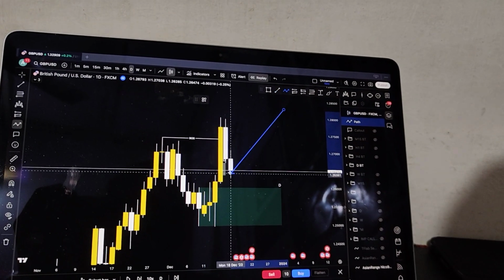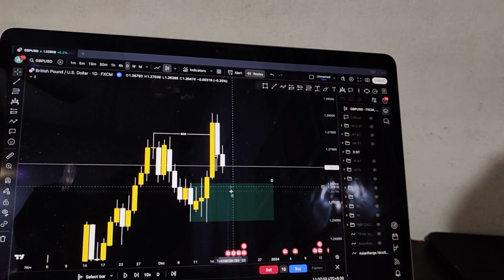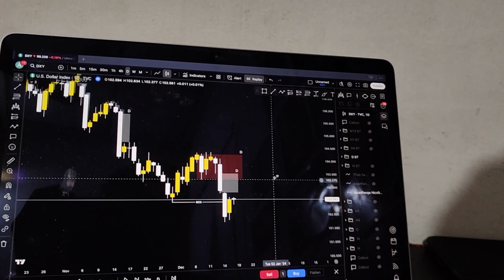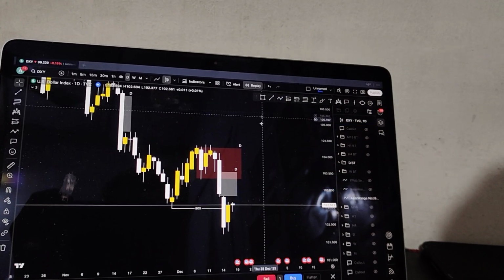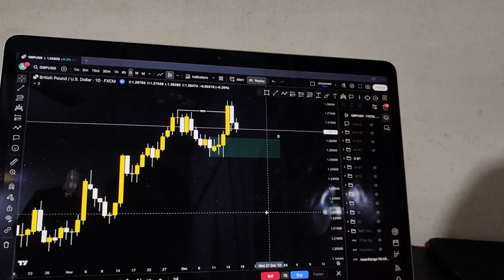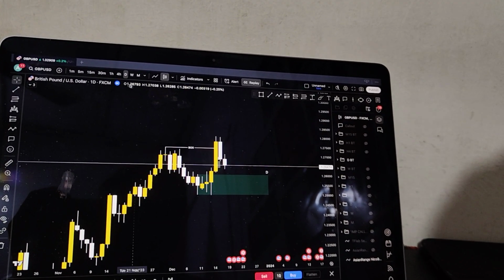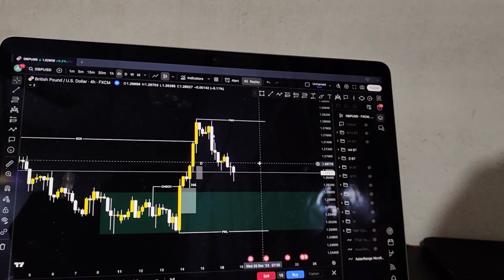If it was a rejection candlestick, I needed a wick, which is not a wick, so I will anticipate the Tuesday to continue heading towards the downside. Whereas on DXY, it also makes sense to go and fill up this fair value gap. But on Monday, the DXY was not clean enough. As you can see, no momentum, no volume, and also this is showing bearish momentum. So now we go to the Tuesday looking for sells.